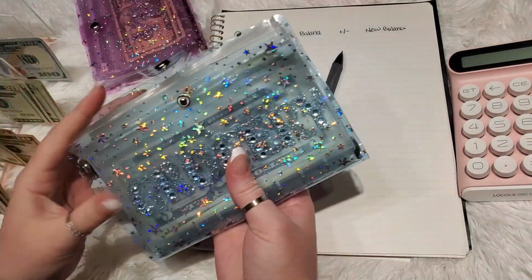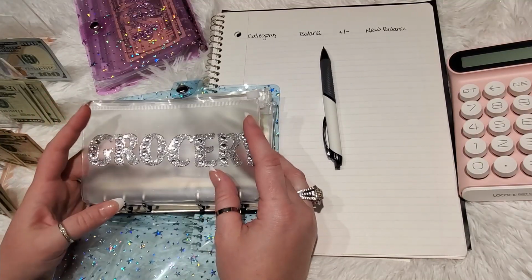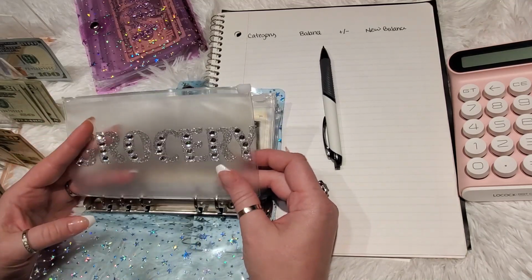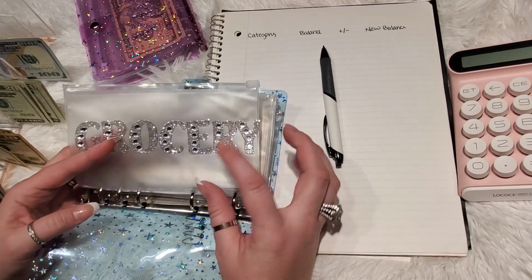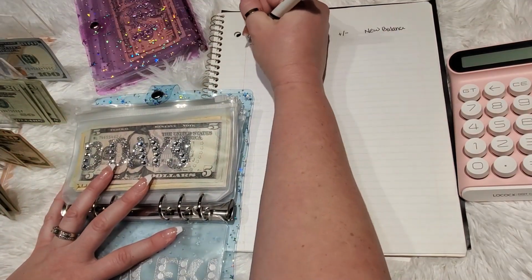So this week, we're not going to pull money for groceries. We're not going to put any money in eating out. And I don't need anything for the guinea pigs because I bought a whole bunch last week. And so they're actually so good. So that couldn't have worked out any better. Okay, so for category